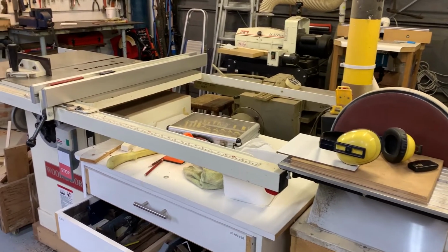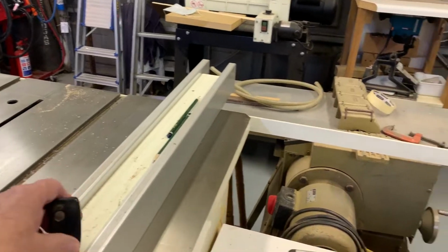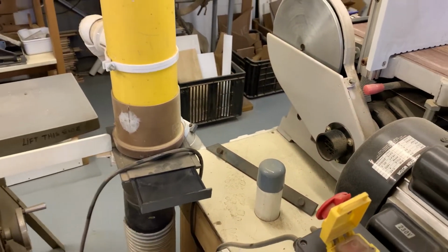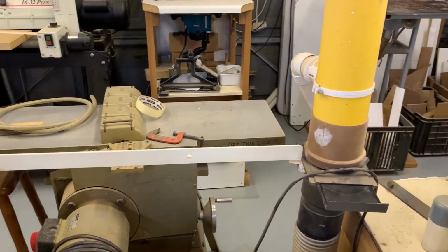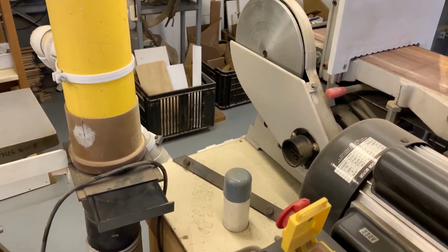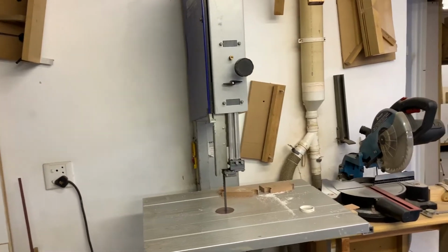Another disc sander, plus a solid circular saw that gets a lot of work. There's a remote to start the vacuum. By simply opening the adjacent vacuum gate, you're good to go. Electrobeacon bandsaw, chop saw,